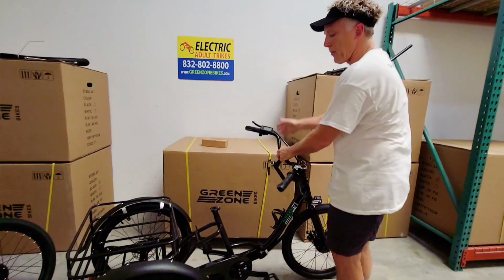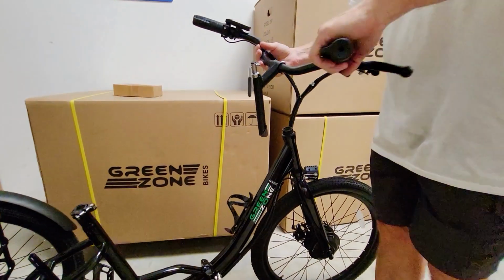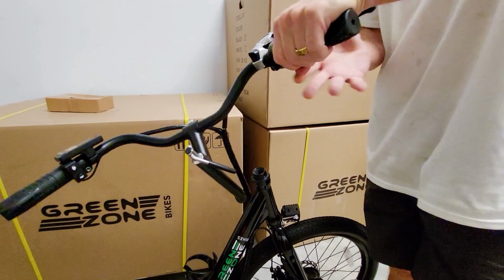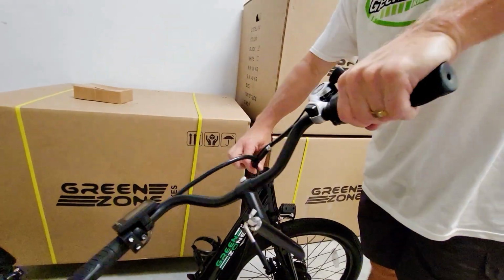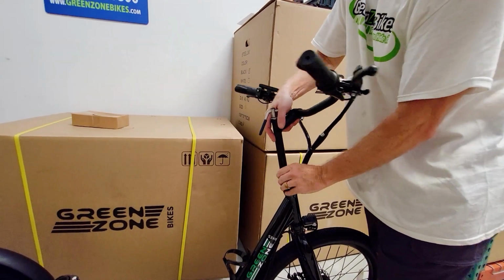And now we have the handlebars. You have the pedals on. The handlebars has a quick release, so it's easy to put in. You just want to make sure the wires are not twisted on this side. The wires you want on the outside. You put in,